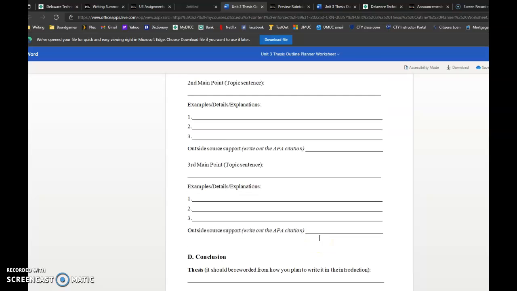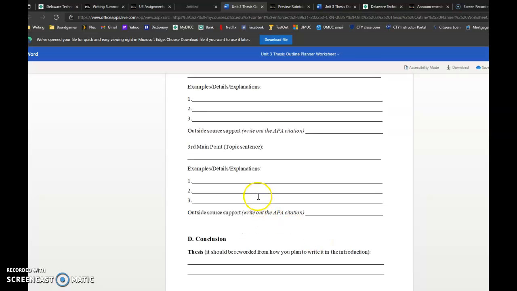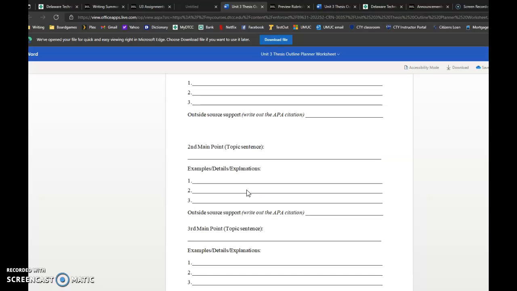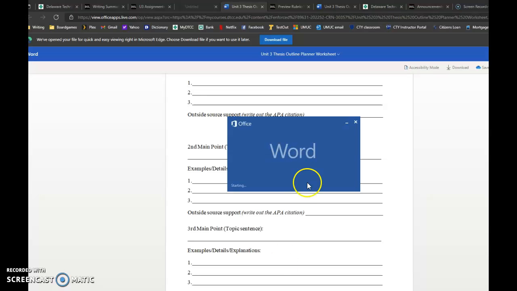So really what you're doing, and you can see here, it's asking for basically three main points. So I've done something similar to what you did with the personal essay, and I've created a document that I'm linking in the announcements that essentially asks some questions that would be good things to answer in these topic sentences. Good points of discussion. So you just pull up those questions that I made.